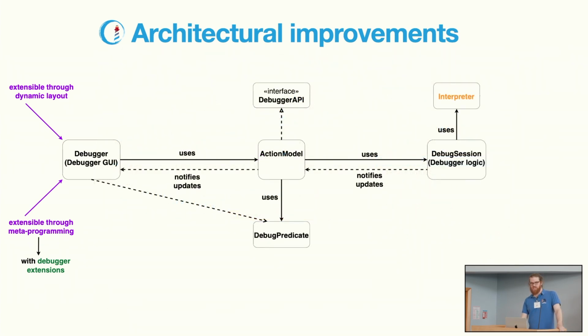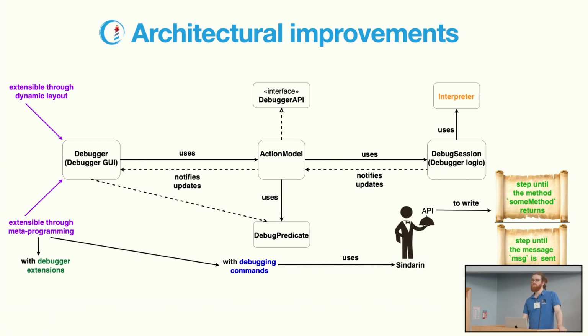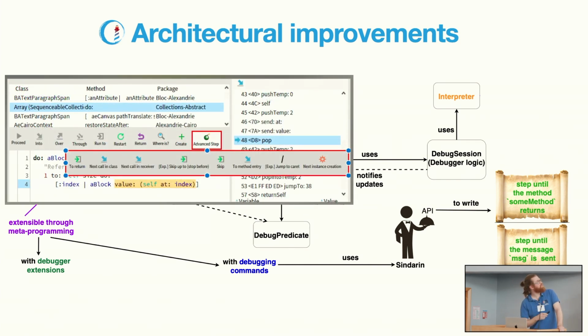The other way of extending the debugger is by creating new debugging commands. For that, we use Sindarin. It's an API to control the interpreter, the bytecode interpreter. So with this API, we built new commands. This is what you can find on the advanced step button. So you have different debugging actions here that you do not find in the standard